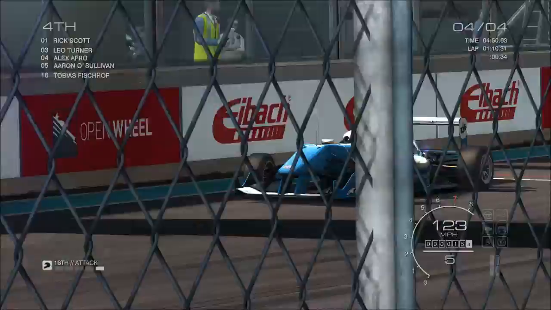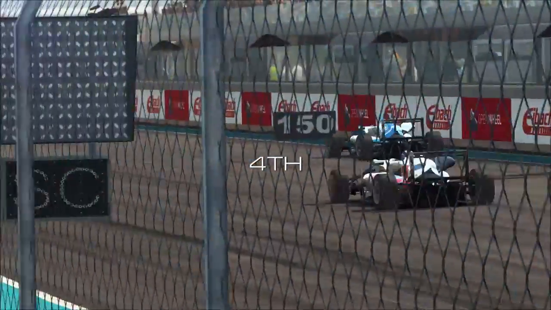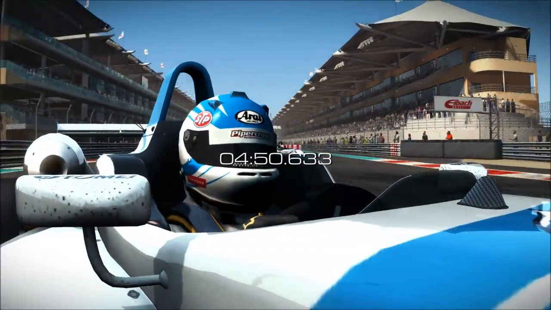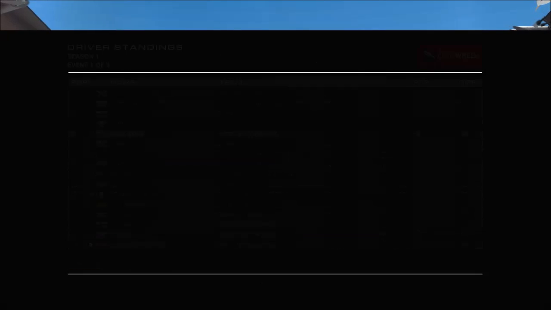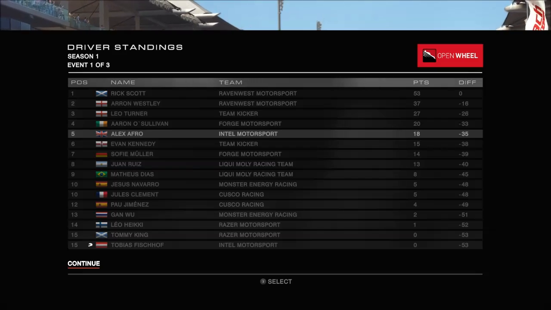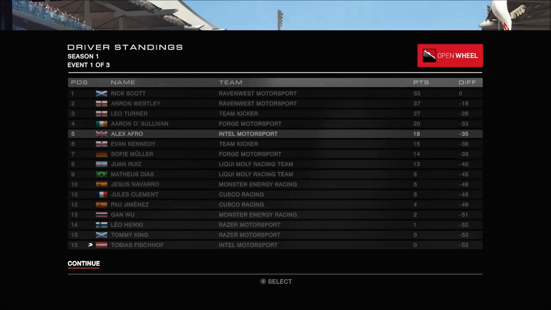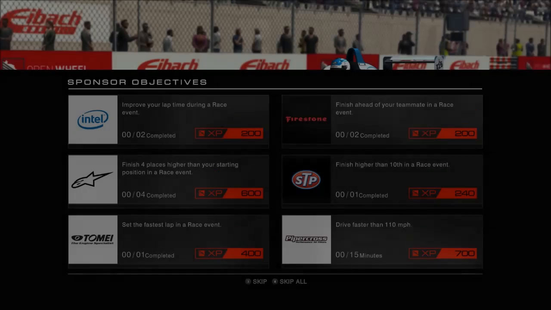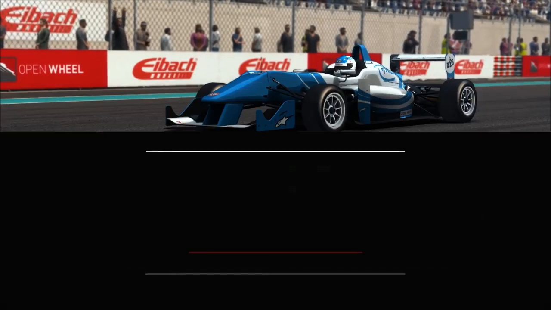Coming across the line in 4th place, that might even move us up into top 5 in the championship. I suppose it really just depends where other people finished. 12 points and exactly 5th place in the championship. And my teammate's last with no points. Okay then. Well, it looks like we haven't exactly got the best car if my teammate's down there, but I guess maybe it's just a pay driver. Anyway, let's move on